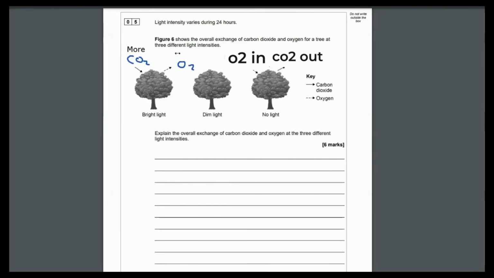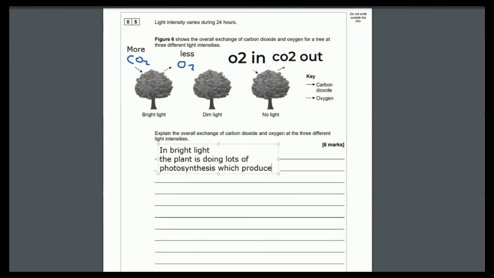And then we're looking at when there's no light, there's probably no photosynthesis happening when there's no light, right? So we're probably looking at oxygen still going in, because what is the plant doing? There's another chemical reaction a plant is doing, not just photosynthesis. All living things do this reaction, which requires oxygen and produces carbon dioxide. And that's happening when there's no light. And then we've got dim light with no arrows in or out. That's interesting and probably the hardest thing to work out what's going on there. There's no overall CO2 or oxygen going out. So what must be going on in the dim light?